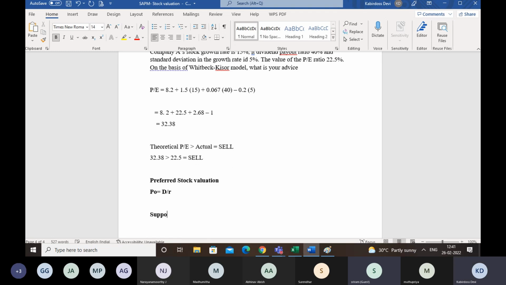Suppose preferred stock annual dividend is rupees 4 and the required